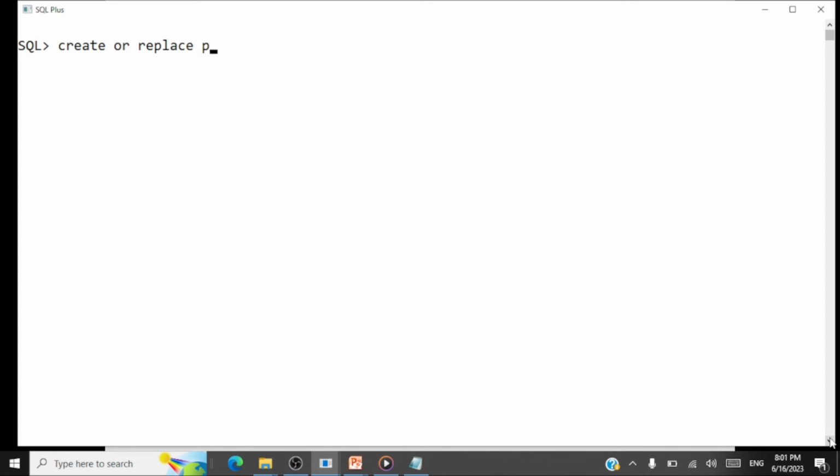Create or replace procedure. We'll call this Satish case program. AS is the keyword. We'll have this test val now to be a character of 1. We'll assign this to be some character here. Say I'll call this S. So we'll have this character and